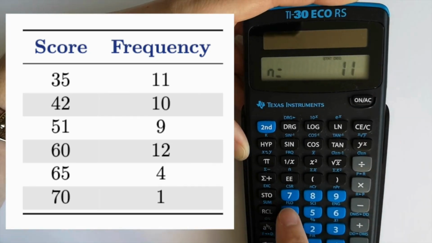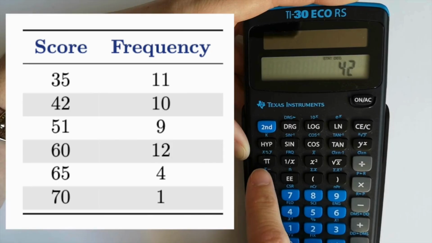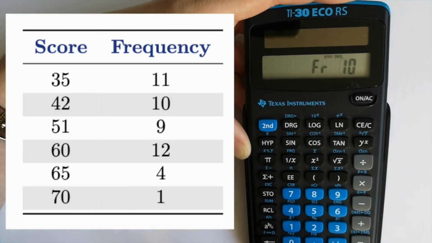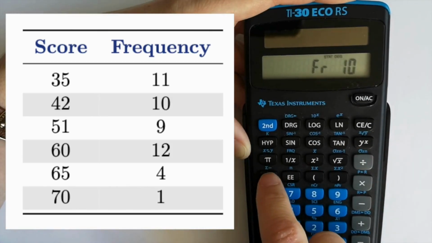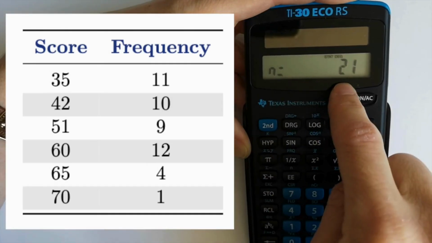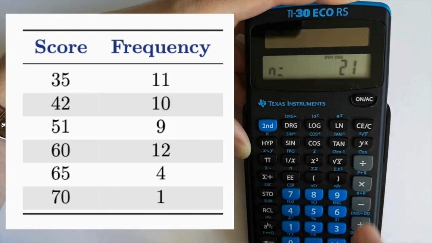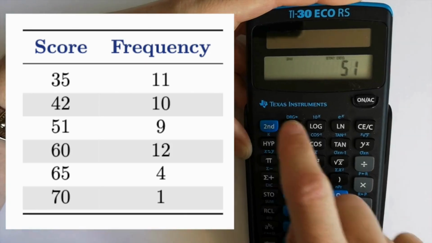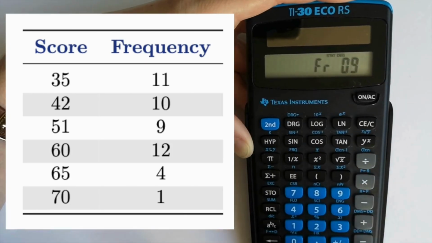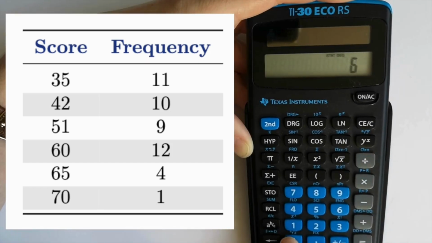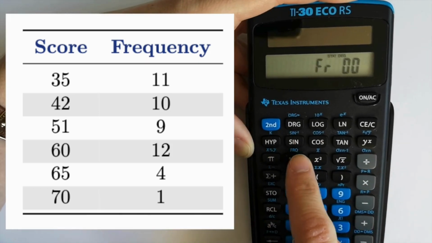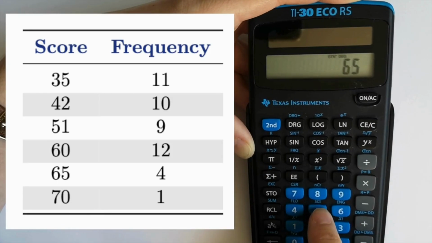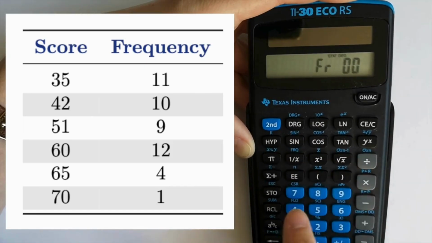And now you continue. The next value is 42. And then you press second 1 over x again, because you have 10 students. So 10. And then again sigma plus. And you keep control because you see, okay, now you have 21 values memorized. Okay, then 51, second, frequency, 9 students, sigma plus, 60, second, frequency, 12 students, sigma plus, 65, second, frequency, 4